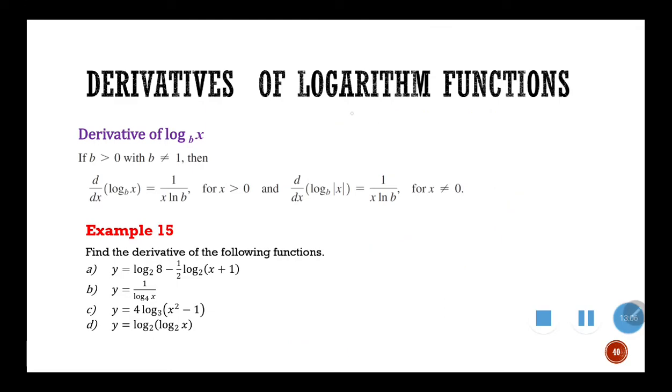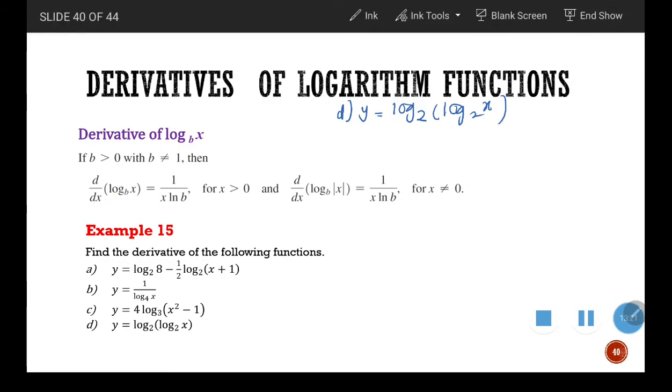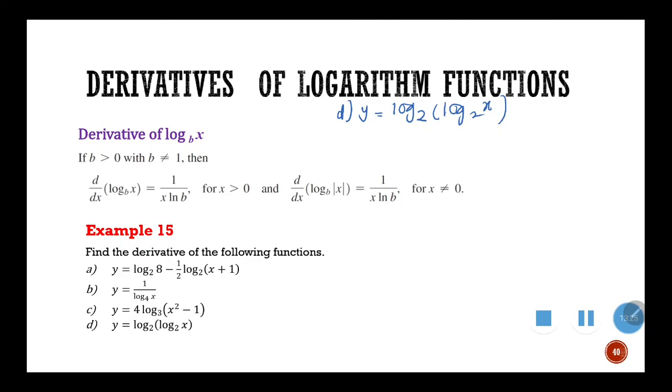Okay, now we move to question D. Y equals log base 2 of x. Faham dulu soalan tu. It is a bit complicated, yes, I admit. Okay, compare dengan semalam, when I end the lecture,